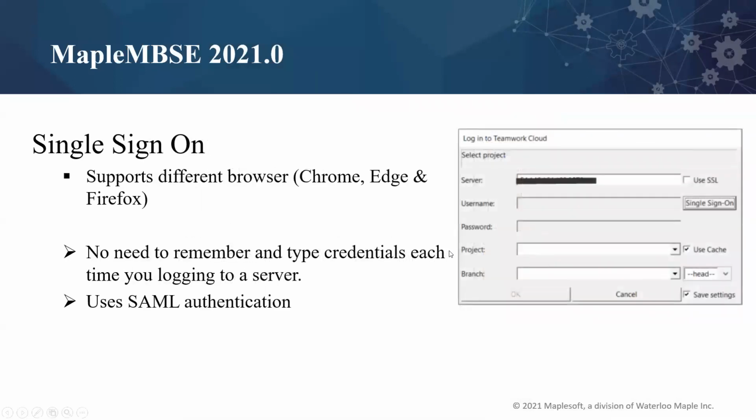And the next option that I wanted to show here is the single sign-on. If you have been using SAML as your login authentication with the previous releases of Maplane BC, you are able to do it only with the default web browser that we have included. But now the user has the capability to change this. You can use it with the browser of your choice, like Chrome, Edge, and again, the details of how to use this you'll be able to find in the Maplane BC user guide.